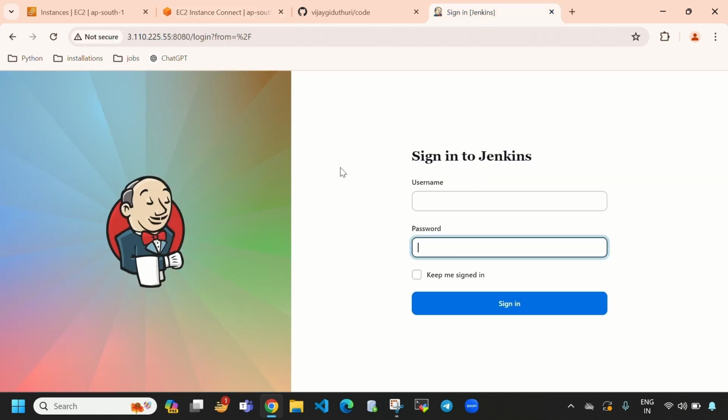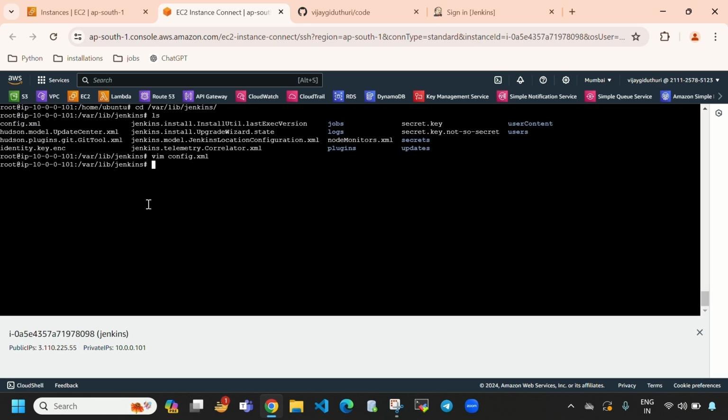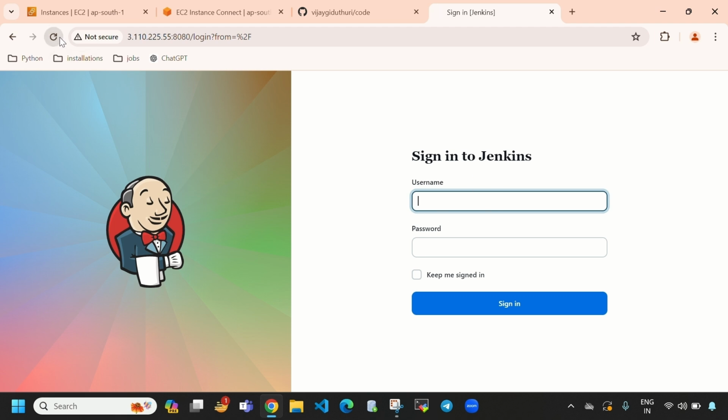So I'm showing you, when I reload this it was asking for username and password. So let's directly come here. When I change this to false and save this file, and then when I stop and start this Jenkins, it will not ask for username and password. So let's stop Jenkins by using sudo systemctl stop jenkins. And again, let's come here and when I reload this,